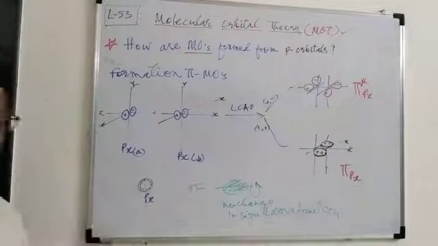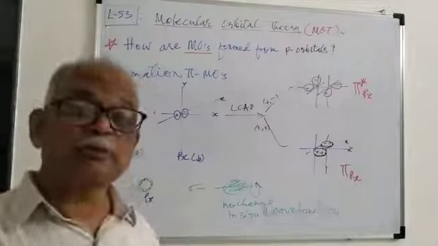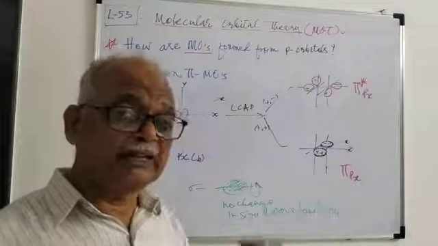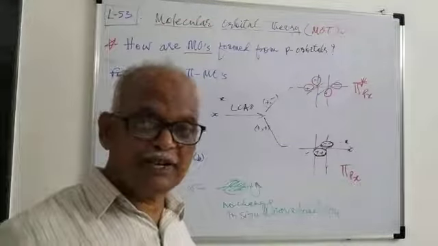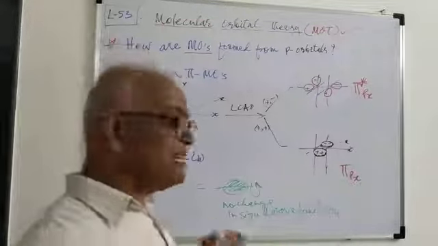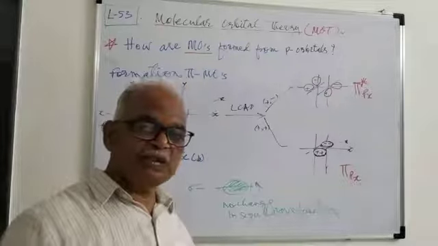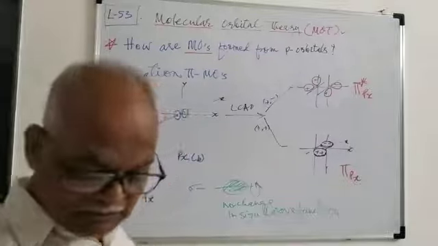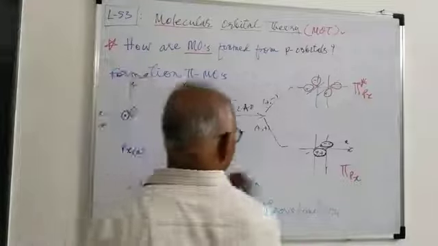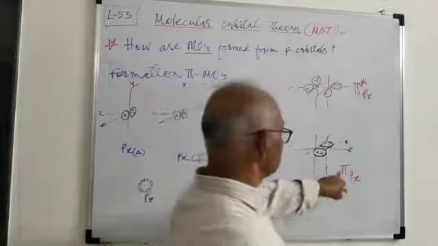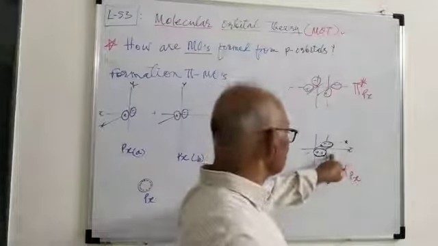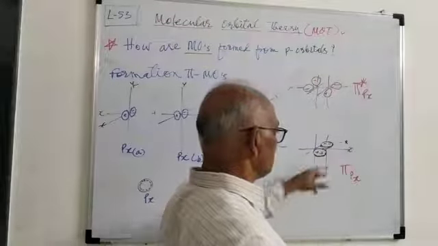So sigma indicates that it may be atomic orbital or molecular orbital. But if it is rotated about the internuclear bonding axis, then it does not show change in sign of wave function. But on the other hand, when the orbital is like this, you can consider this atomic orbital, molecular orbital,